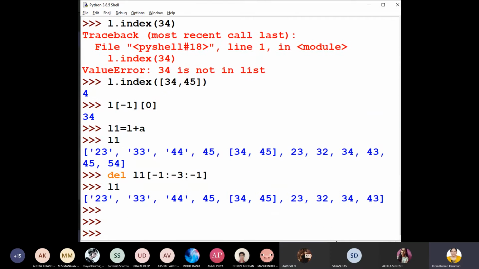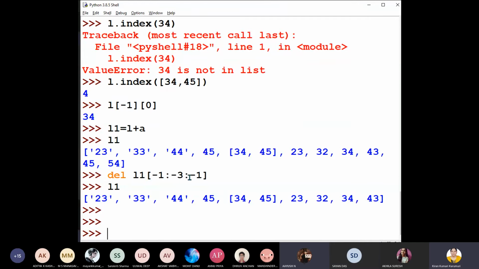Sorry, Ayush? I didn't get that part, ma'am. Which one? Ma'am, -1, -3, -1. You said today we have seen slicing. Yes, ma'am. Same thing here. So -1 is starting. कहाँ से शुरू करेंगे? 54. हाँ, 54 से शुरू करें. कहाँ तक जाना है? -3 तक. But -3 not to include. That is -2 only. We will stop, isn't it? Yes, ma'am. Okay. So ma'am, then why is there one more minus, ma'am?